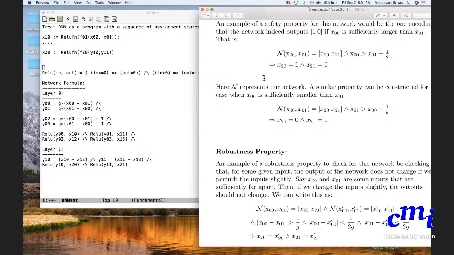And in your project, you will be using this, because what you will be checking is certain property